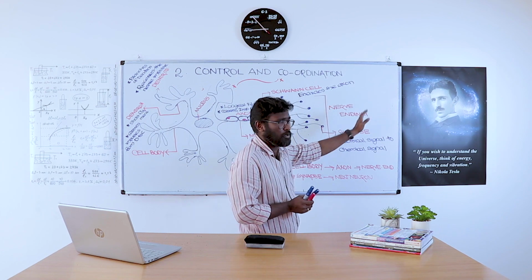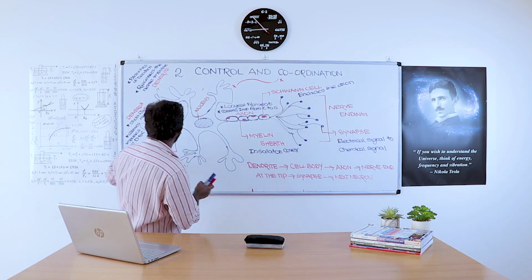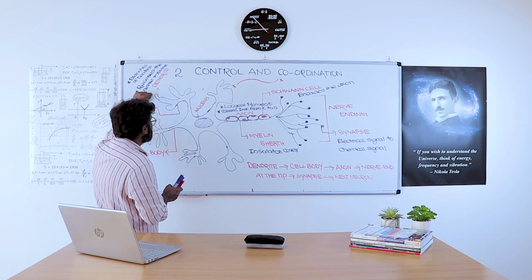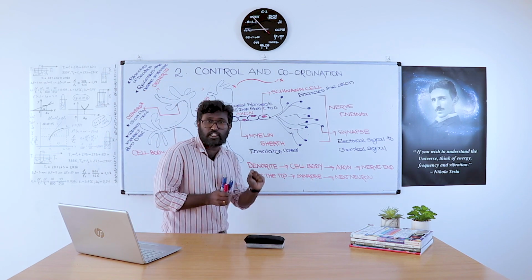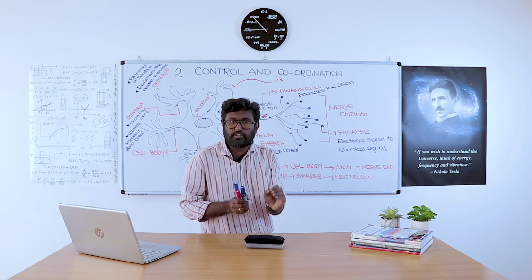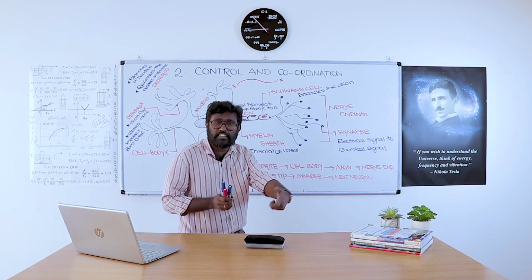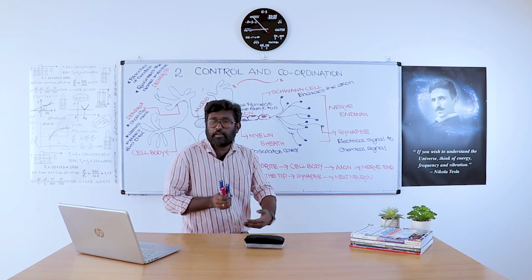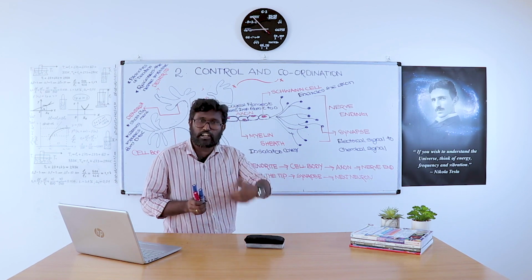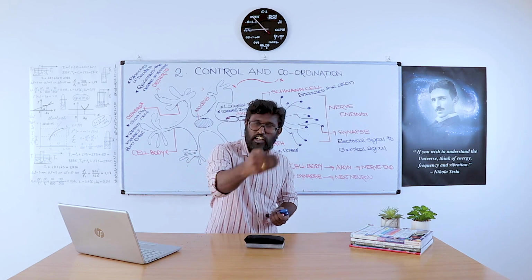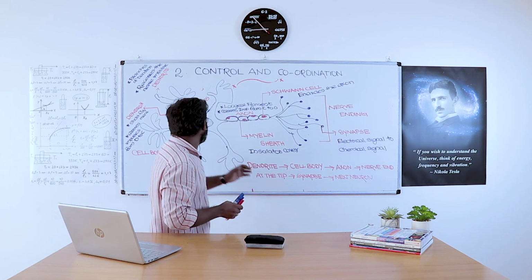This is a continuous process. So from the previous neuron, through the synapse, the dendrite receives the chemical signal. In the dendrite, what happens? The chemical signal is converted into an electrical signal. That electrical signal is